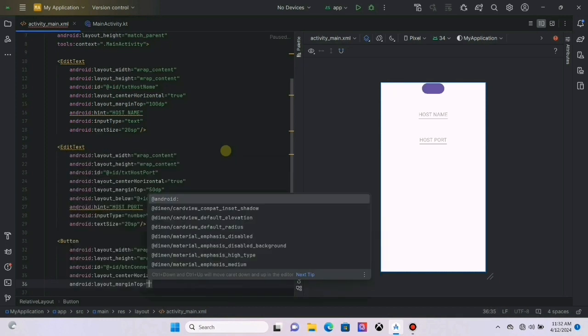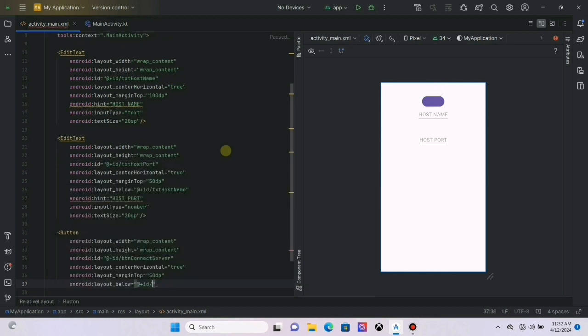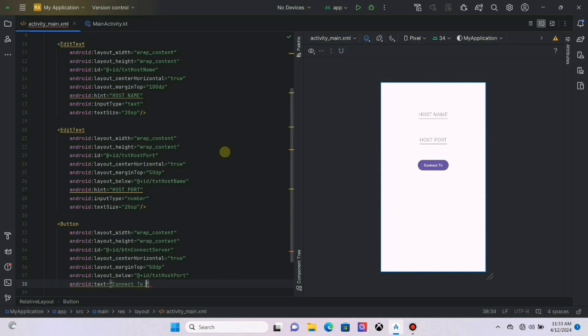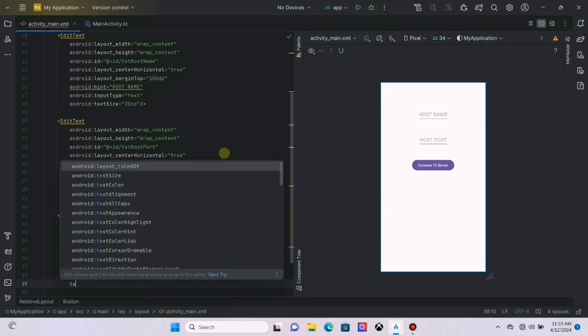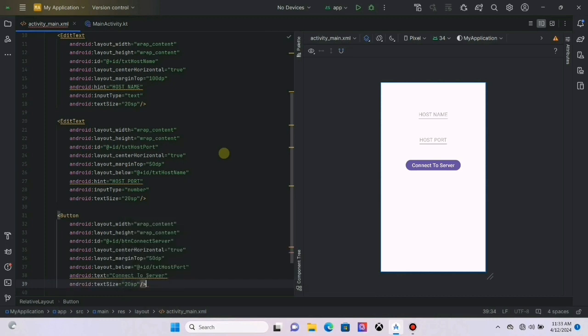Next let's take this element down. Let's put this element under the previous element. Let's put a text message on the button. Let's increase text size. The element is successfully created.